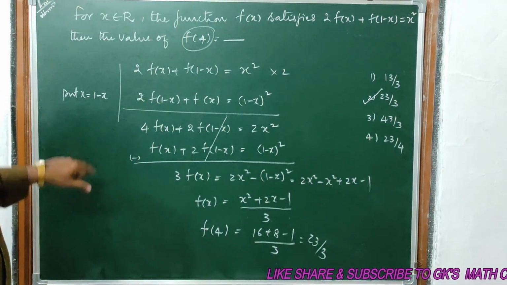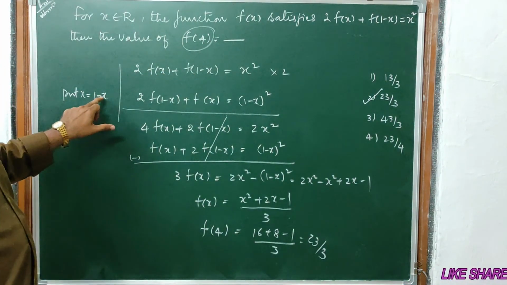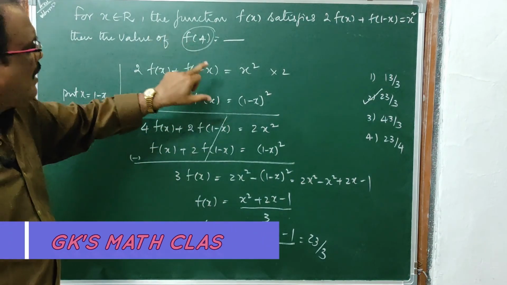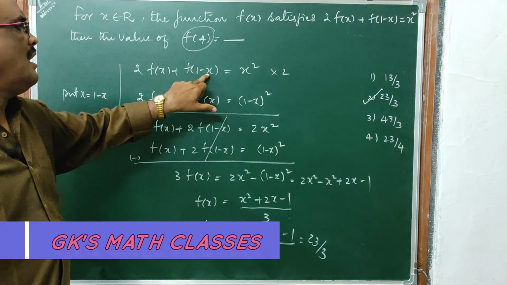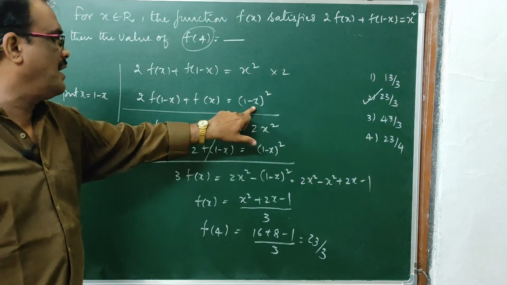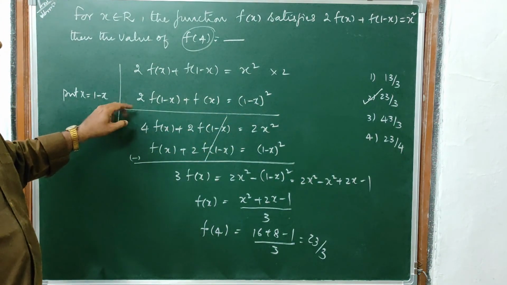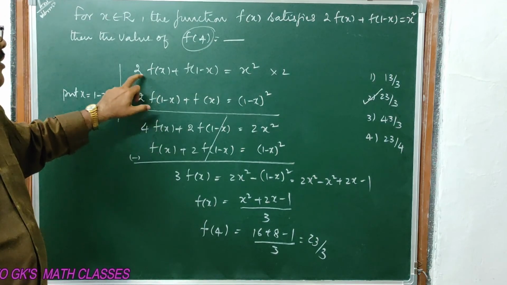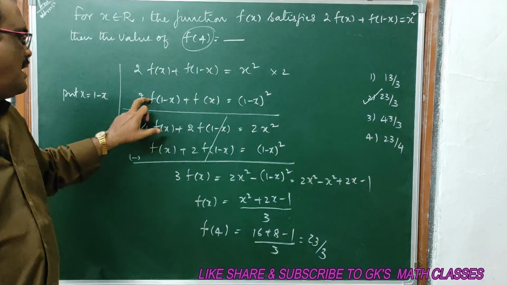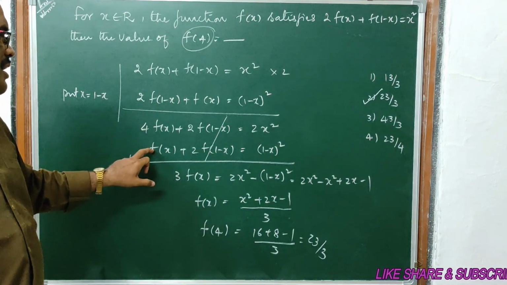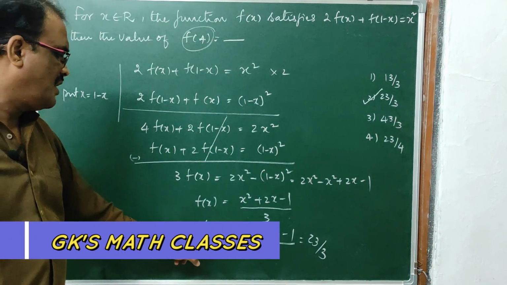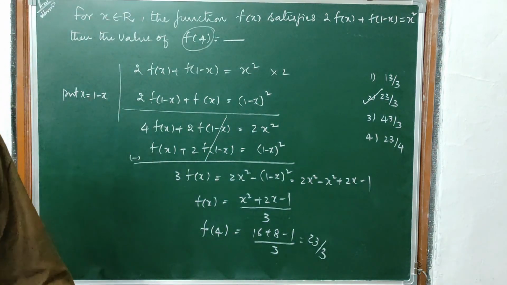Keep it in mind. Interchanging x to 1 minus x, here we get 1 minus x, 1 minus (1 minus x). 1 gets cancelled. Minus of minus x is plus x. Instead of x, we are substituting (1 minus x) whole square. In order to cancel this one, we have to multiply the first equation by 2, which has been written in this form, and the second equation as usual in the down step. Subtracting one from the other, we get f of x. Substituting f of 4, we get the value. Rock on.